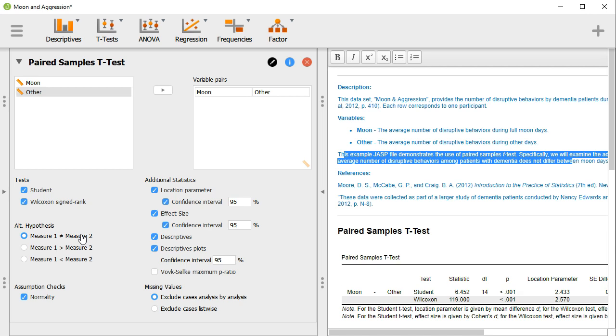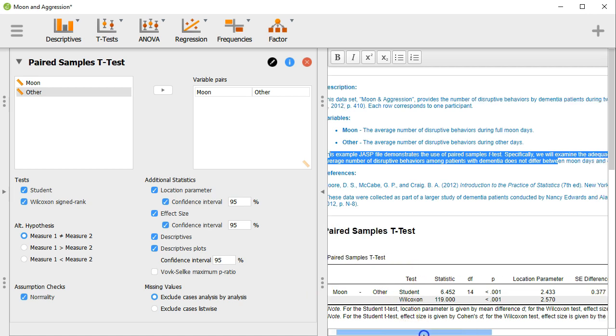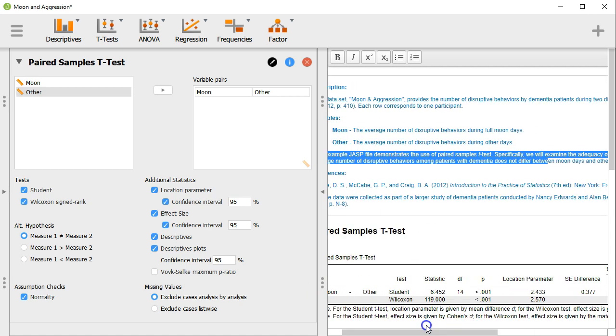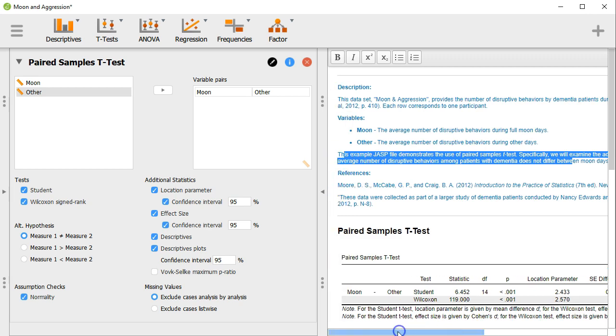Okay? This effectively cuts our alpha to the two sides of the t-distribution. Okay, so instead of 5%, we have 2.5% on the left and 2.5% on the right tail. Okay, now this just tells you that there is a difference between the two. And luckily, with the paired samples t-test, if you don't choose one of the directional hypotheses,